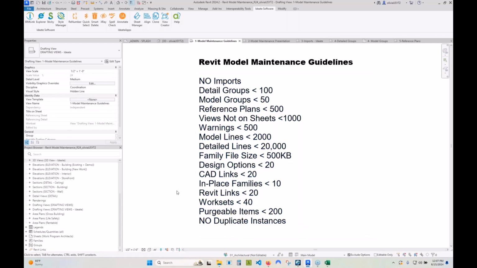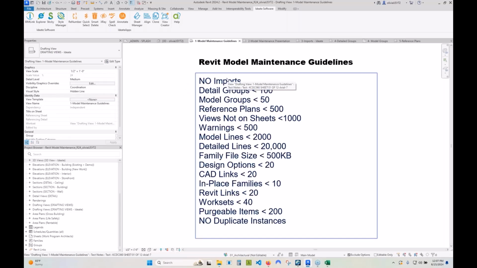I'm sure people have worked on models that take forever to synchronize, take forever to open, and in the worst case possible, maybe take a really long time just to model out elements in a 3D view. Managing these categories within Revit prevents those issues from happening. And we want to track the number of these elements so that we have a better understanding of the current